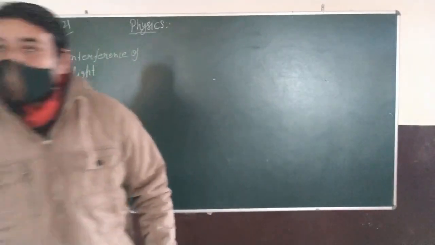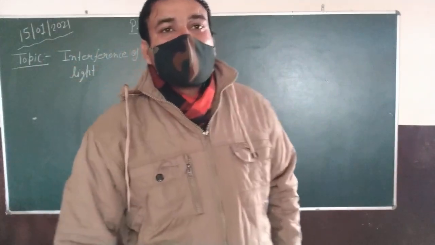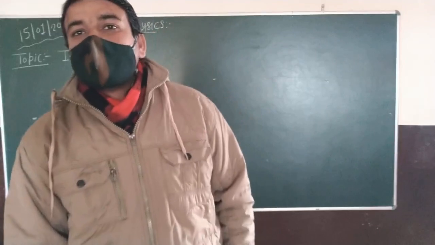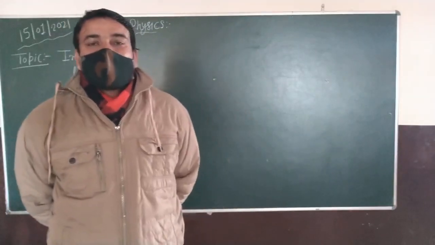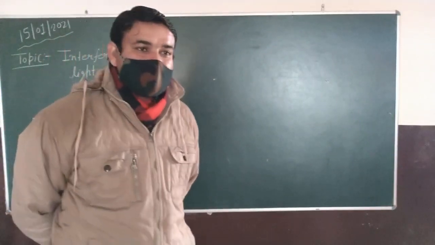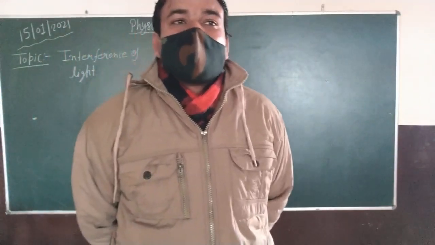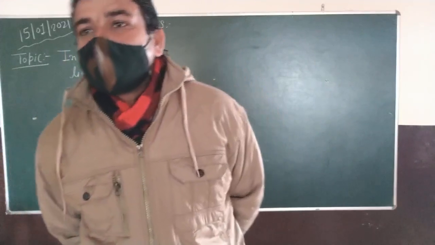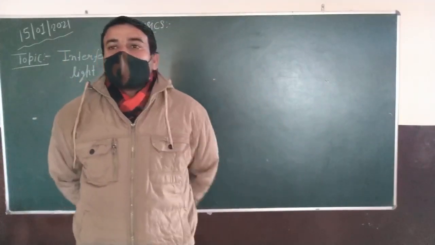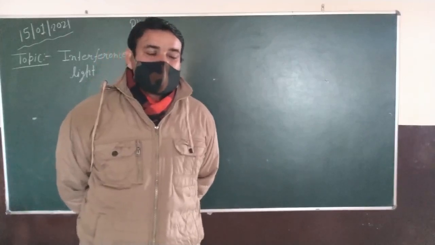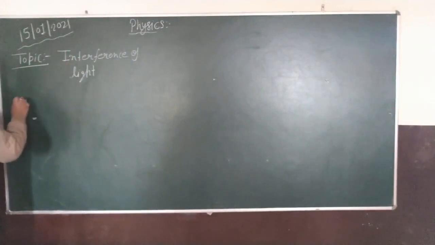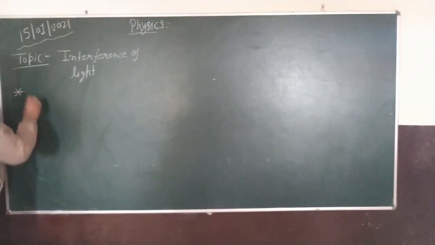Students, in the previous lecture, we learned about the characteristics of interference and the superposition principle. Now in this lecture we will learn about the fringe pattern and fringe width by using the principle or experiment of Young's double slit experiment. So the topic is interference of light, in which we start